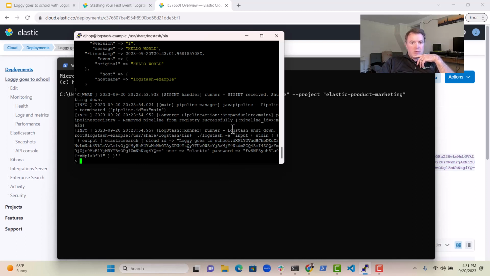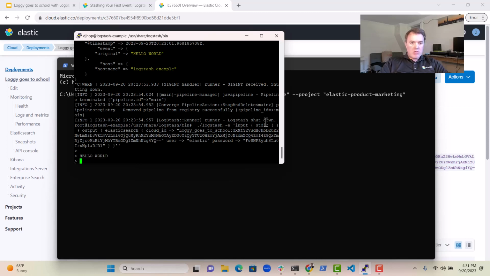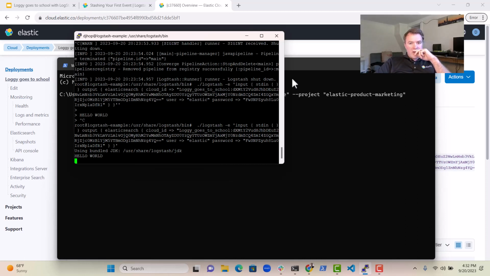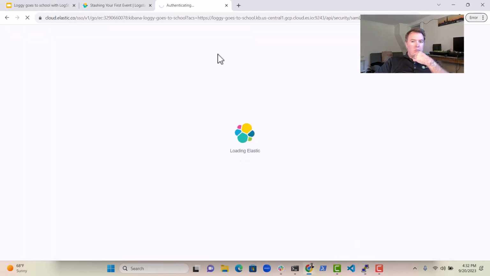So now we can run Logstash, and we can say hello. Hang on, something not quite right about the syntax there. I think an extra quote got snuck in there. So now we can say hello world in here in Logstash, and we should see eventually the output in Elastic Cloud. So we click on open Kibana in here,